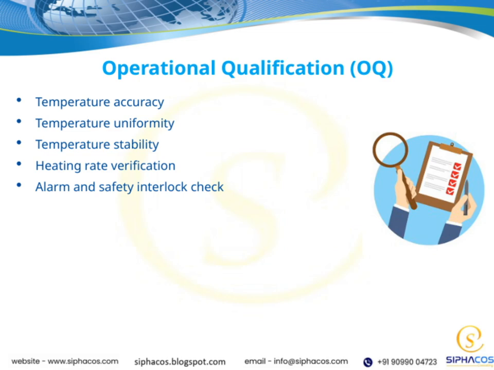We also verify temperature stability over time, confirming that once set, the temperature remains steady during operation. Another important aspect is heating rate verification. We need to ensure the equipment heats up at the expected rate without overshooting or undershooting targets, which can affect process integrity. Lastly, we conduct alarm and safety interlock checks. These are vital safety features designed to alert us to any issues or prevent unsafe conditions, protecting both the equipment